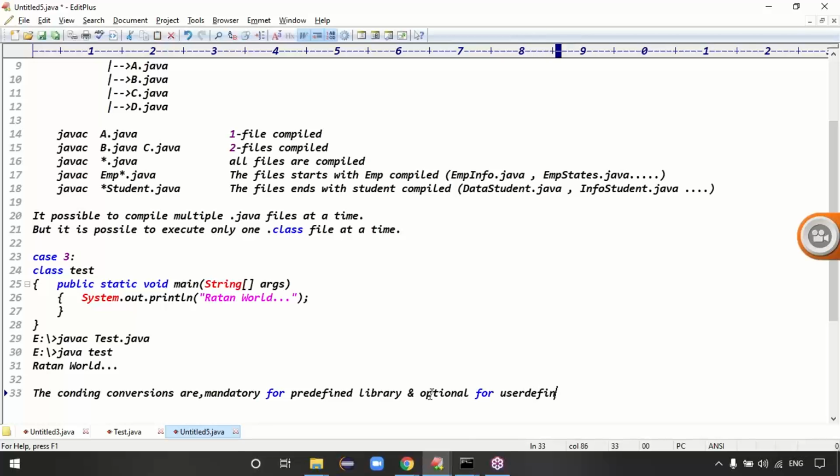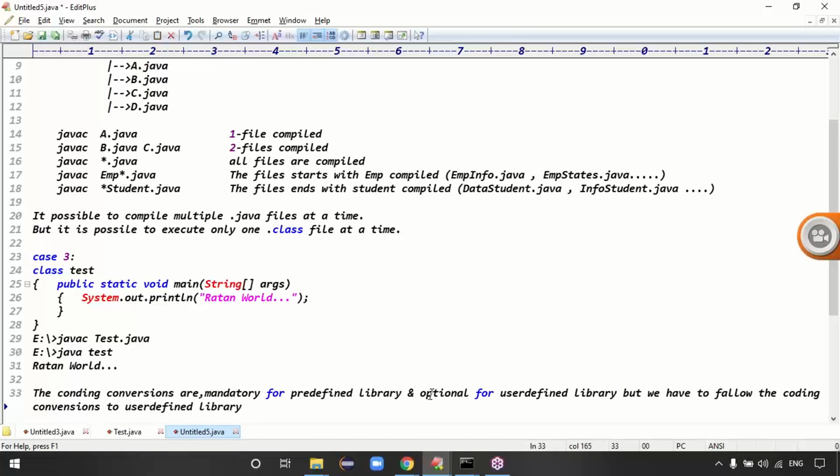But we have to follow the coding conventions for the user defined library also, right?